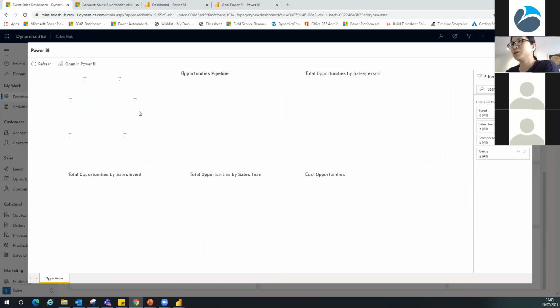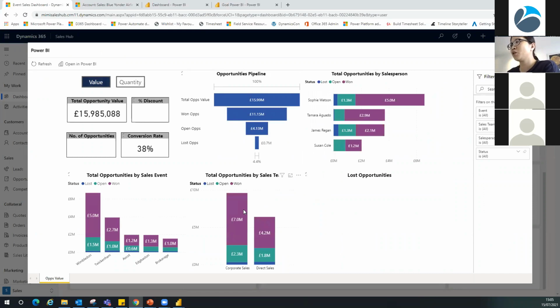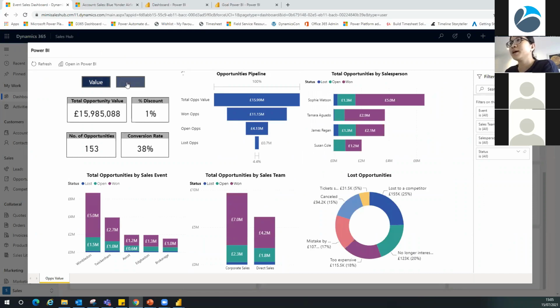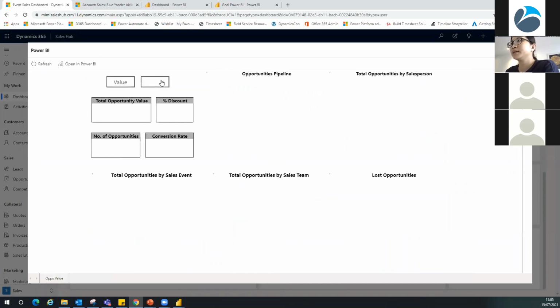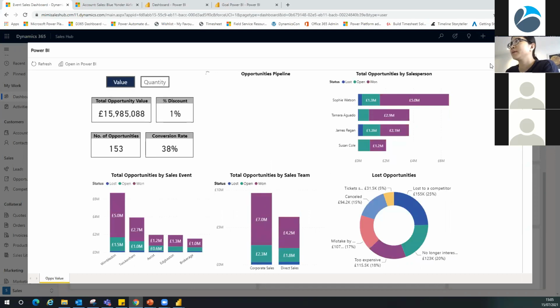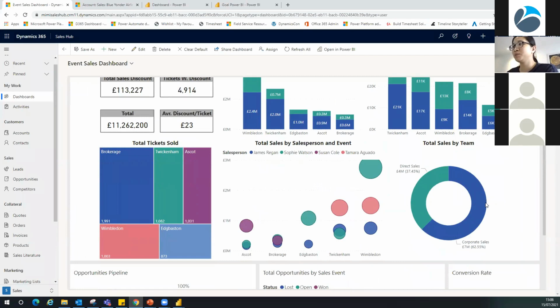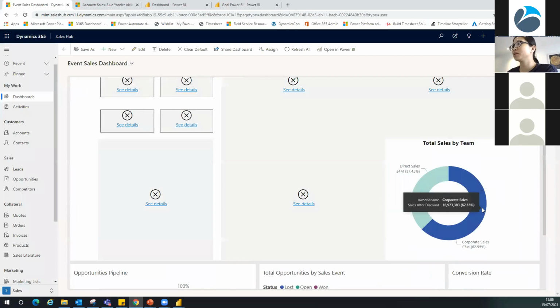So I want to go to the opportunity value report that I created. When I click on the pinned visuals, the interaction is exactly the same. And for the pinned report, you are able to interact with the report right from Dynamics 365, which is so good.